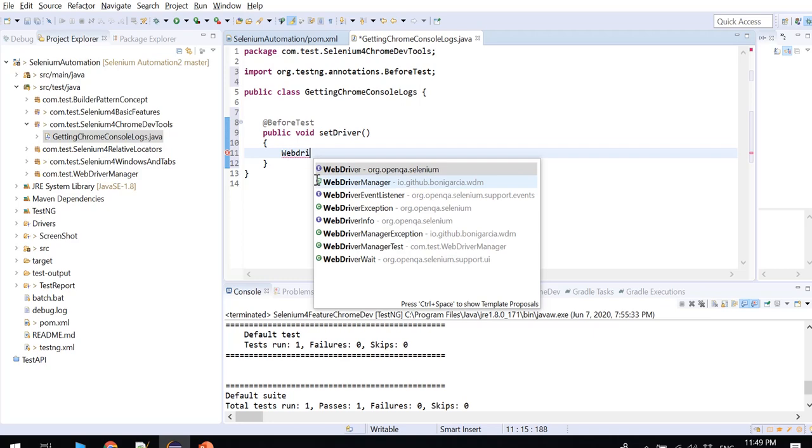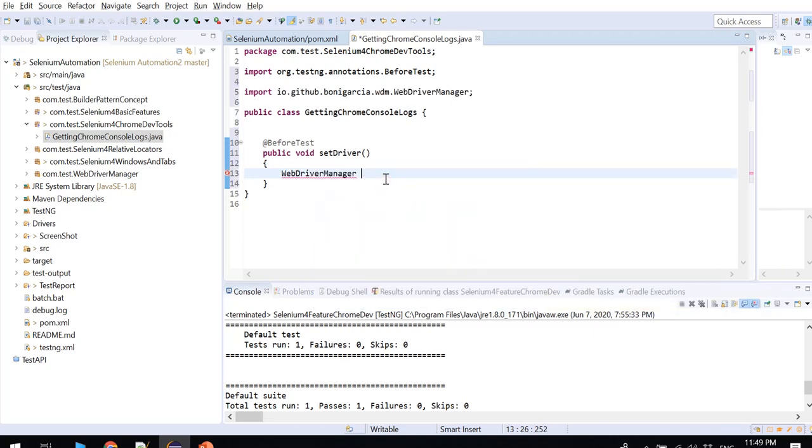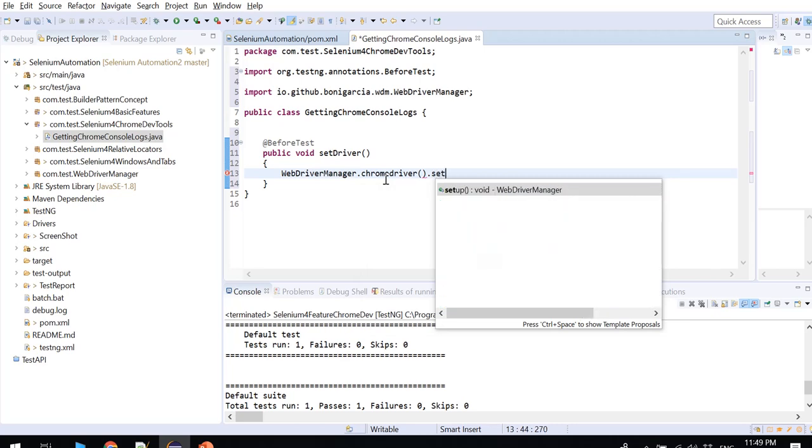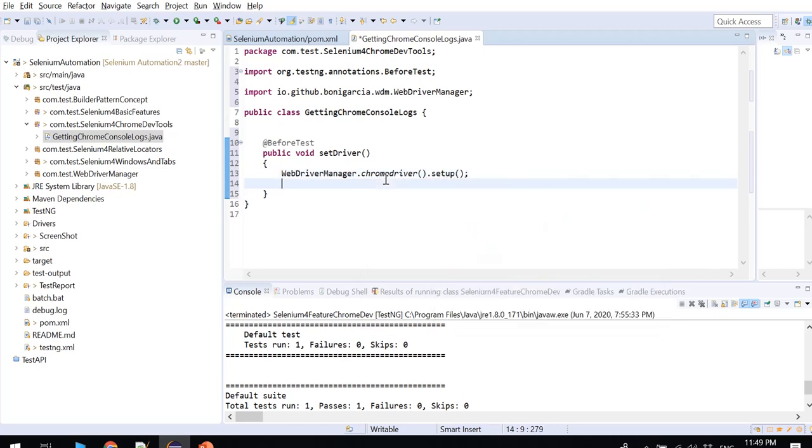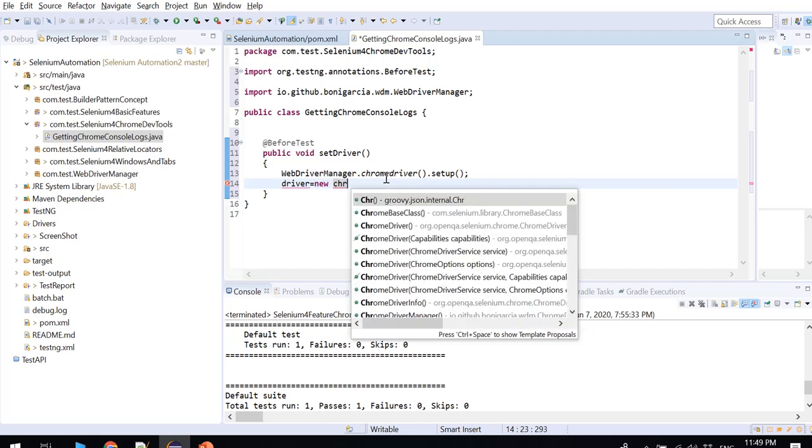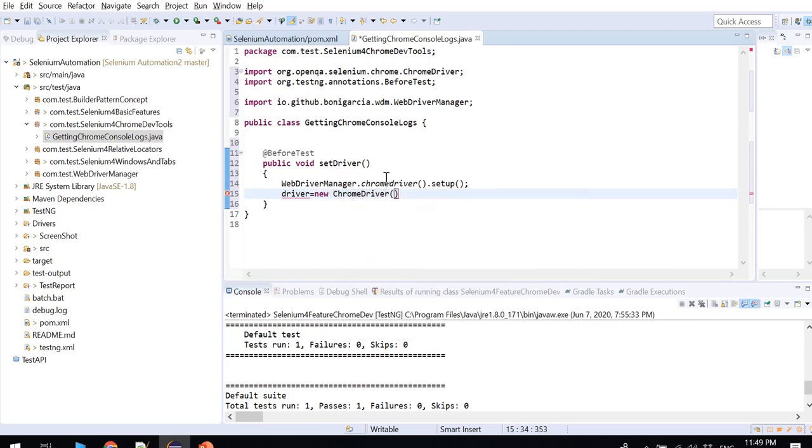WebDriverManager.chromedriver().setup(). I'll say driver equal to new ChromeDriver, and before this let me create the object. Let me make it global.